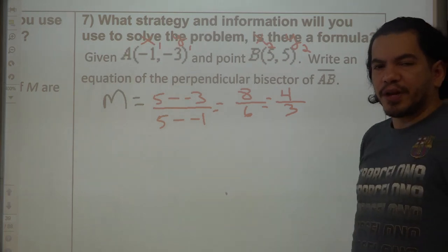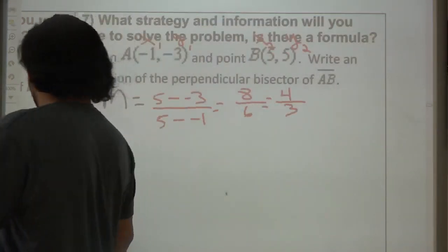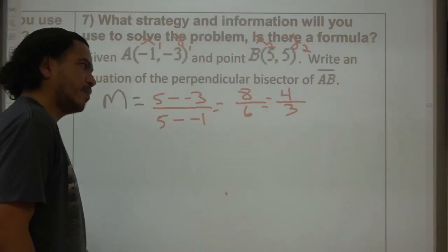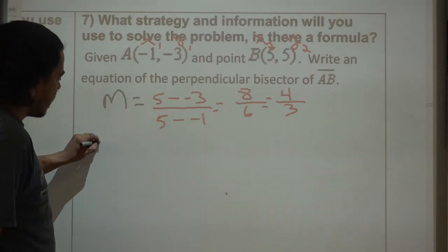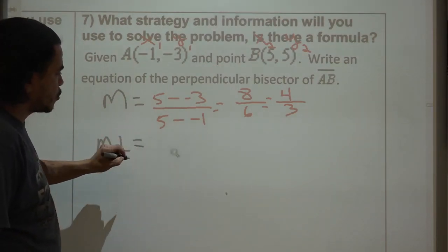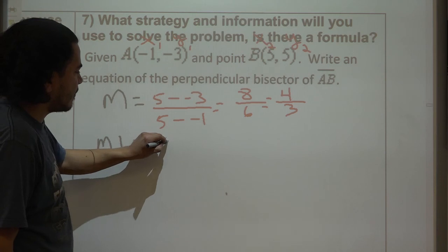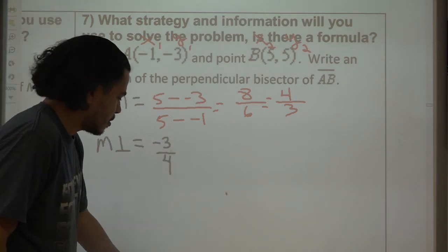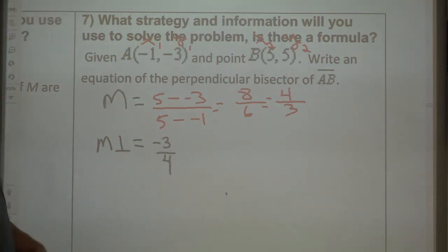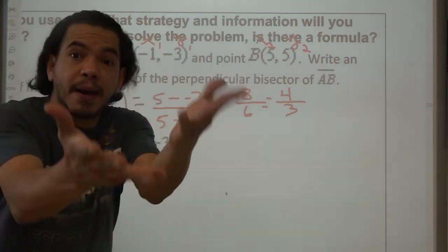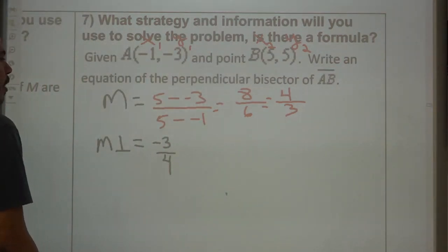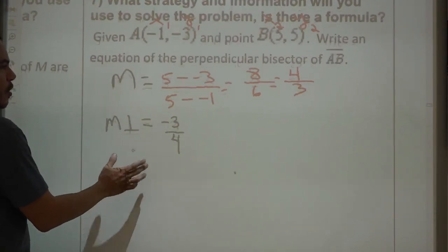Okay, now the perpendicular slope is what? Answer me. Beautiful, exactly. The perpendicular slope should be negative 3 over 4, because you've been through this. Okay, now what? I need the midpoint, Becker. Oh, sure, okay. So, midpoint,